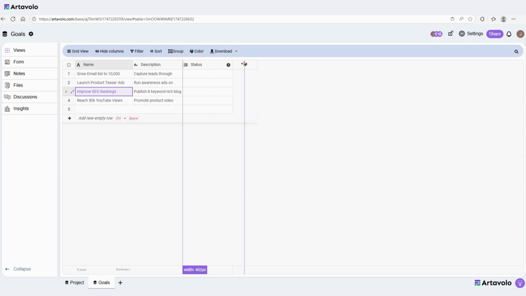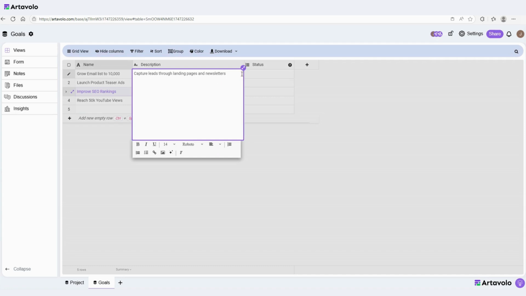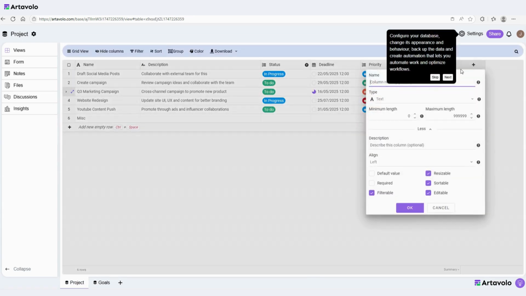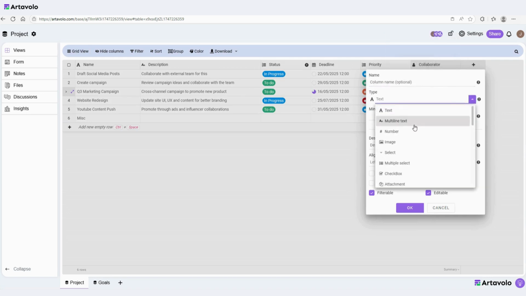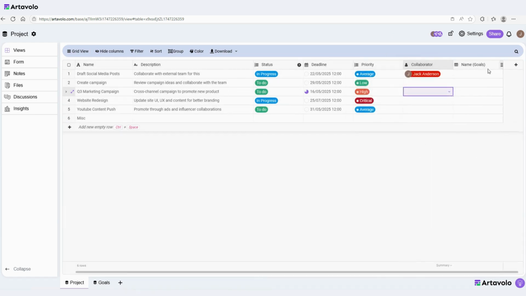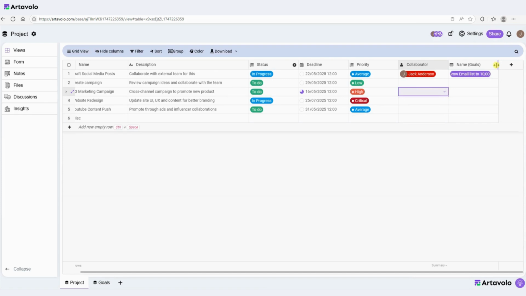This powerful feature allows you to connect related information across your database, making it easier to see how individual projects align with their goals. Specifically, we will link each row from the projects table to a corresponding row in the goals table. This creates a meaningful connection, so you can view all goals associated with a project directly within the